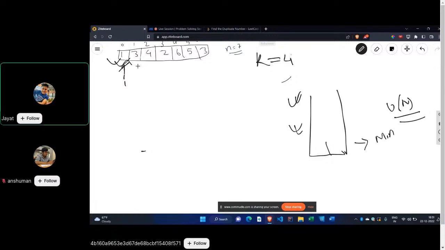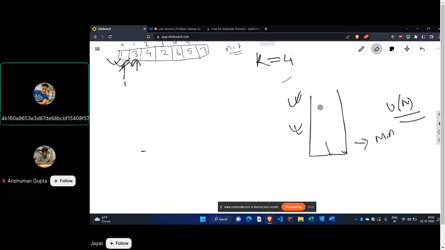Now let's go forward. When 3 came, I will also insert 3. But I know that as it is a min heap, 1 will go in the top of the heap because it is a min heap. मैंने क्या बोला था, जो मेरा एकदम ऊपर वाला जो एलिमेंट होगा वो सबसे मिनिमम होगा. So between 1 and 3, which will be the minimum? 1. So my 1 will go to the top,